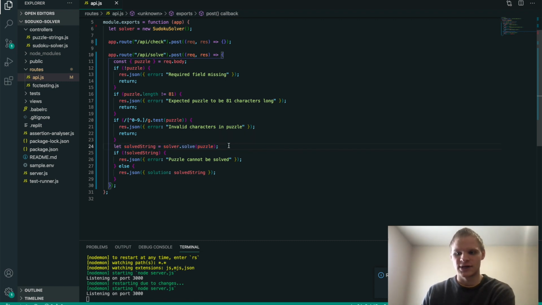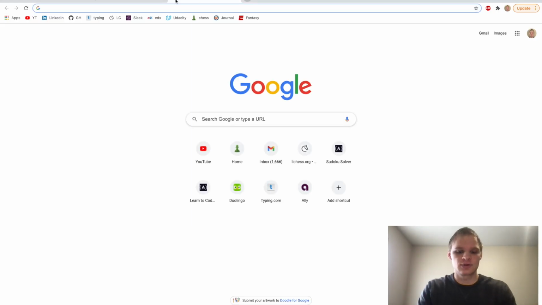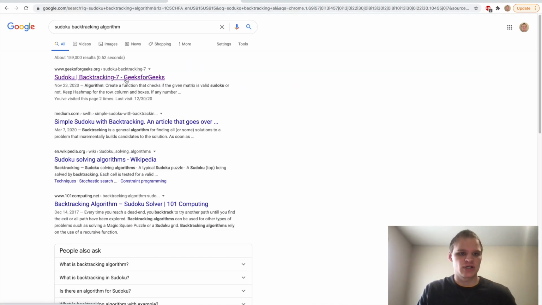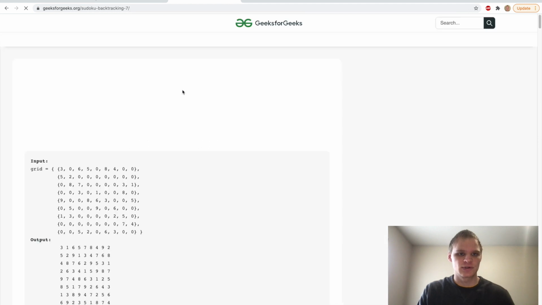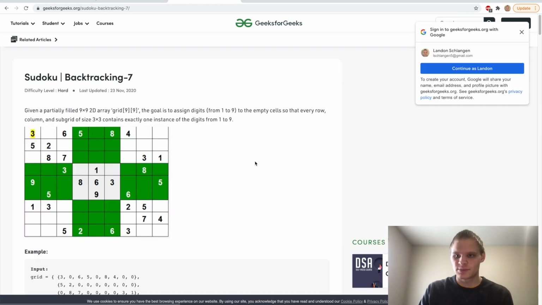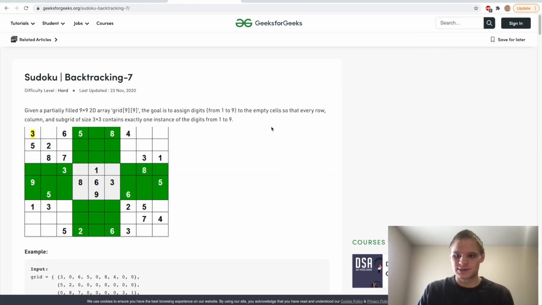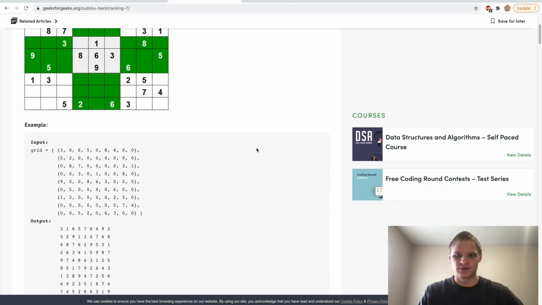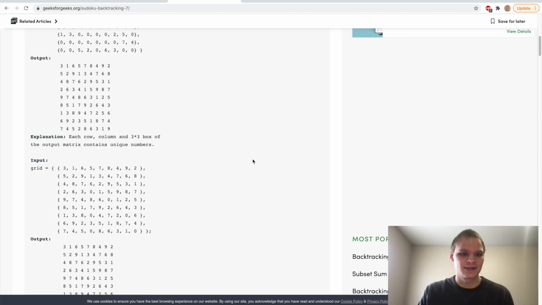just settled on one that I could look up really quick, and it is on a website. So I'm going to look up Sudoku backtracking algorithm, and it's right here. This is Backtracking 7, Geeks for Geeks. This is where I went to get the algorithm that I needed. If I wanted to come up with this backtracking algorithm on my own, it probably would have taken me a lot longer. But it's much easier to just copy and paste someone else's code, and it's much more